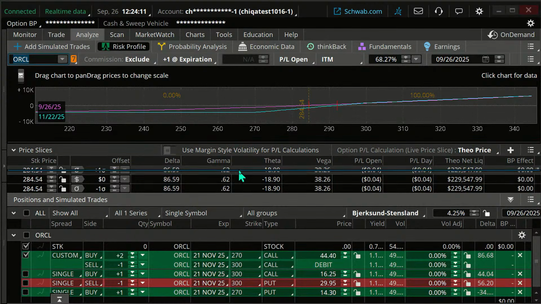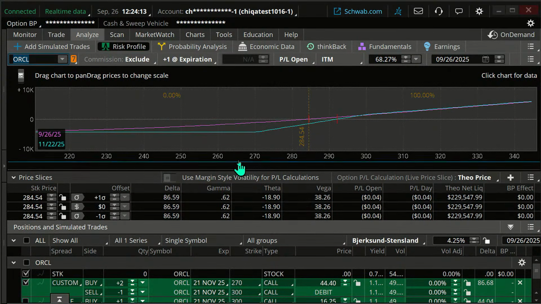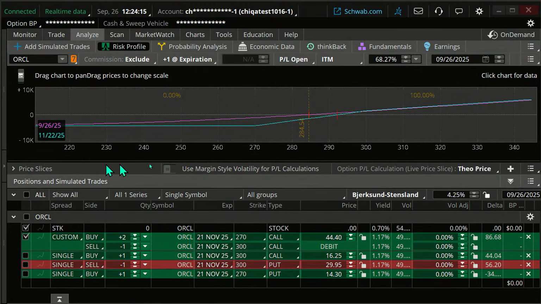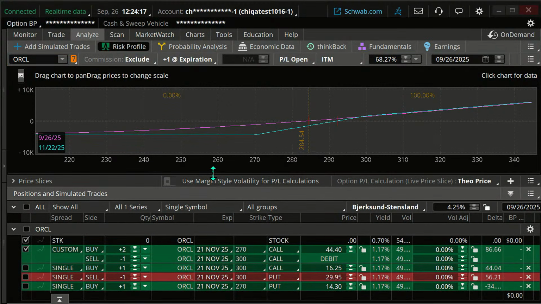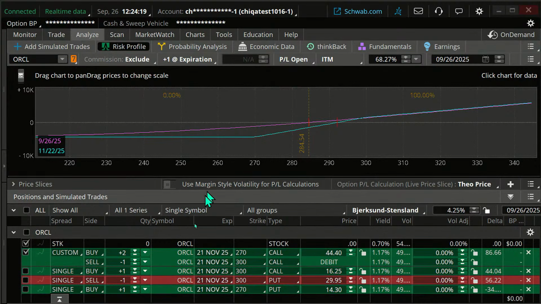And I just want to look, first of all, just kind of visually. I'll look at the price slices again in just a minute, but I got to get a little more space here. So this is what the back ratio spread looks like. Now that you guys are experts at the risk profile graph, you can see exactly what it does. You can see this is a bullish trade because it goes up from left to right. You can see the loss is limited.